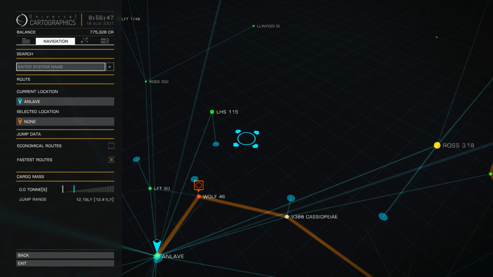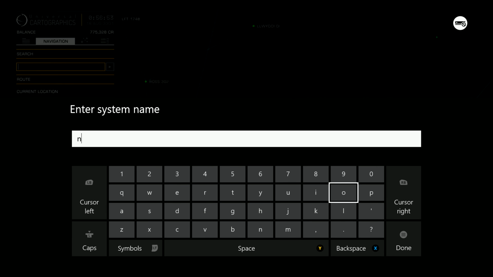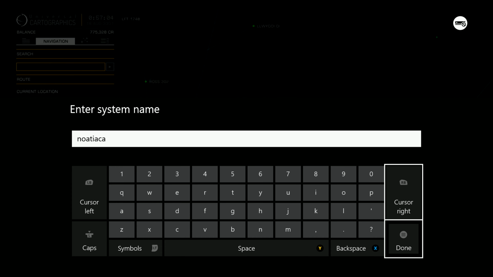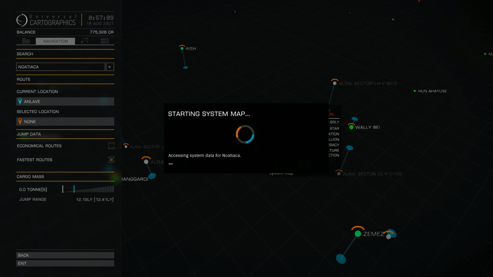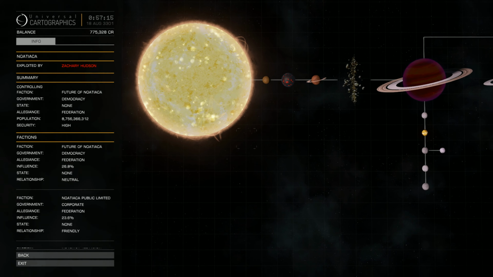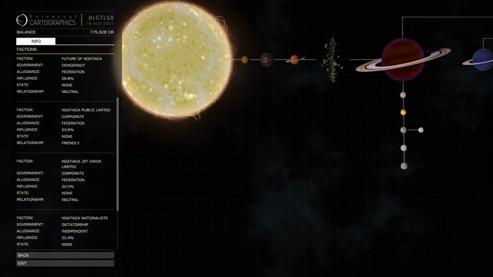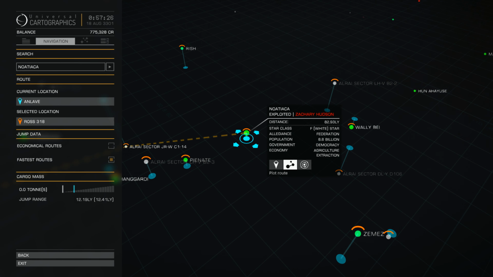Alright, so the other place I'm looking for is Noashika. So we can just type in the name. There we go. It's kind of far away, but, you know, whatever. Oh wow, there's no state of war right now. Well, shoot. Go ahead and plot